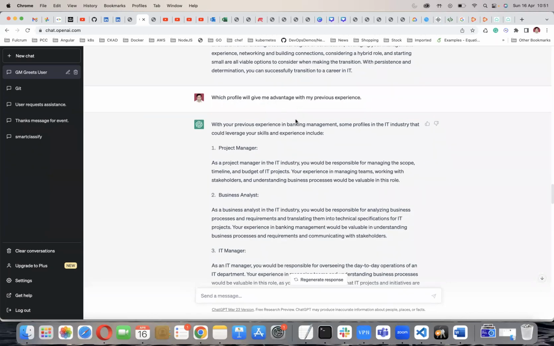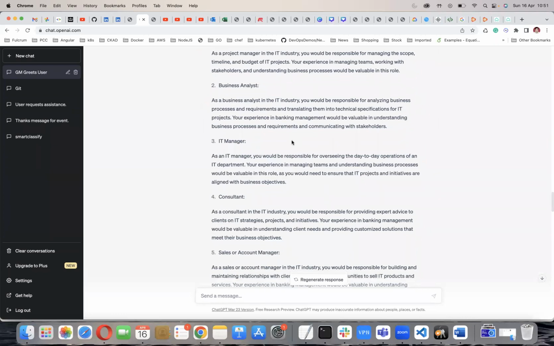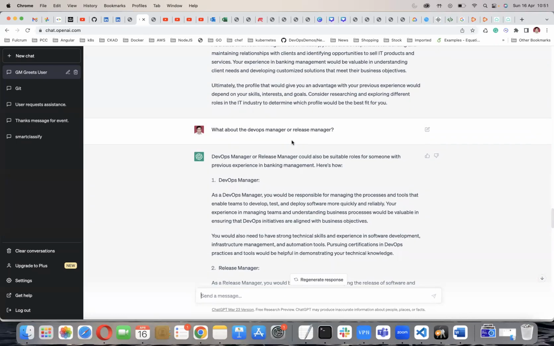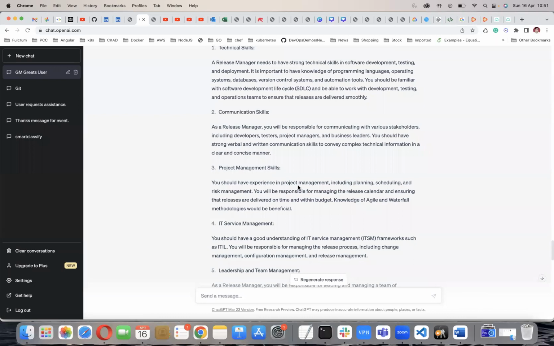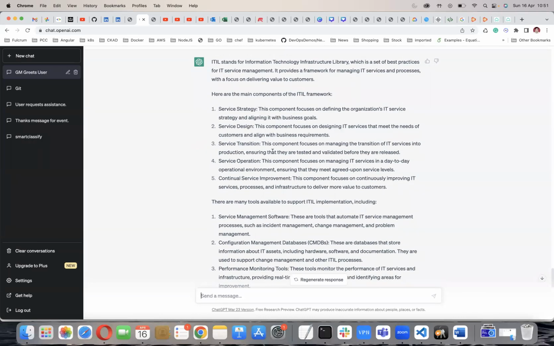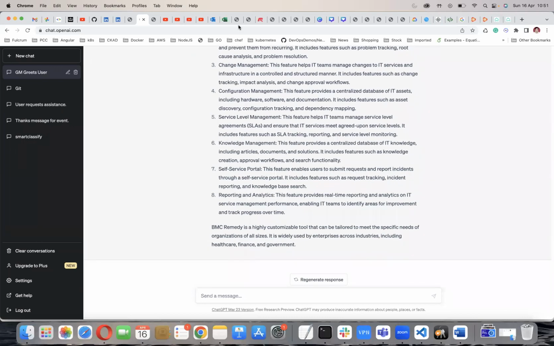And you can ask more questions regarding anything, your career, your profile. If you want to understand any profile in a better manner, you can ask the question just like this, okay? You can even ask how to pursue certain positions and profiles, and you can ask for any tools also. So you can interact in a better manner, and you can ask these things to ChatGPT. So any question till now?